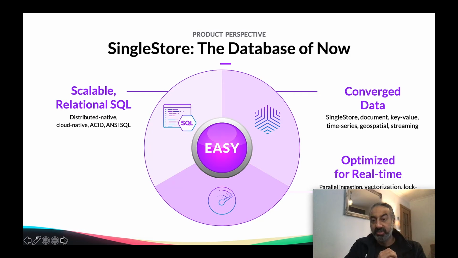We then provide optimization for real-time execution. I talked a bit about that, but there is the ability to map to some of the new style of architectures that allow you to parallelize the ingestion of data and the execution of queries and results. We also have some unique patented designs which allow us not to lock out any of the tables for execution, allow people to read this data in mass concurrency in high performance use cases.